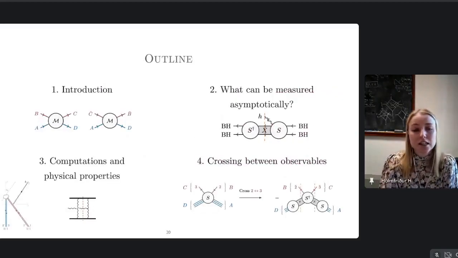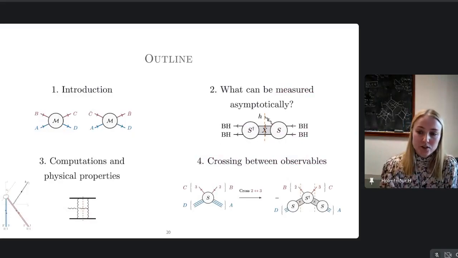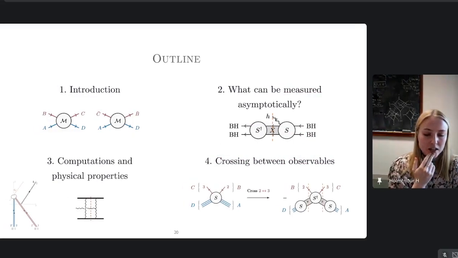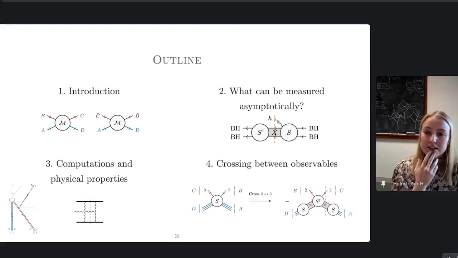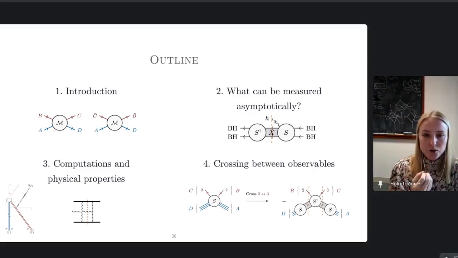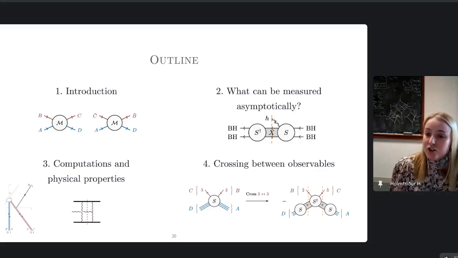Let me actually just go to the next outline. So especially here in part 3. And let me also mention that we took a bit different approach to these 60s papers, in the sense that we wanted to ask the first question, which is what happens as we do this analytic continuation, provided that it exists. And what they do is that they prove rigorously with these hundreds of pages that it actually exists. But we took a much more pragmatic approach, which was basically, okay, we have this proposal for what can happen, and let's just go and check it.